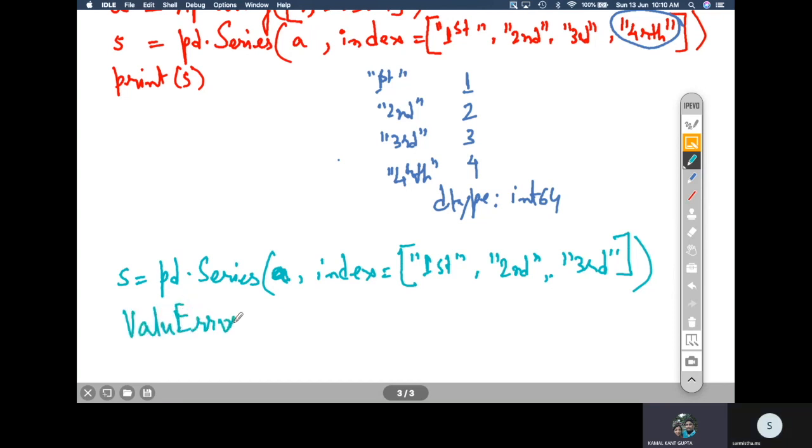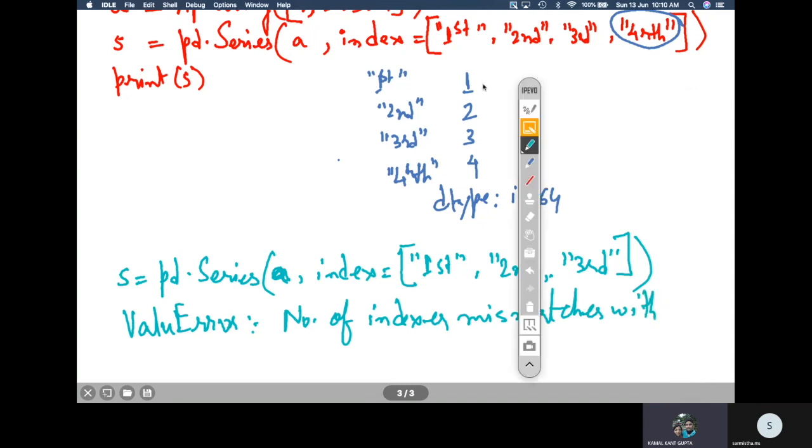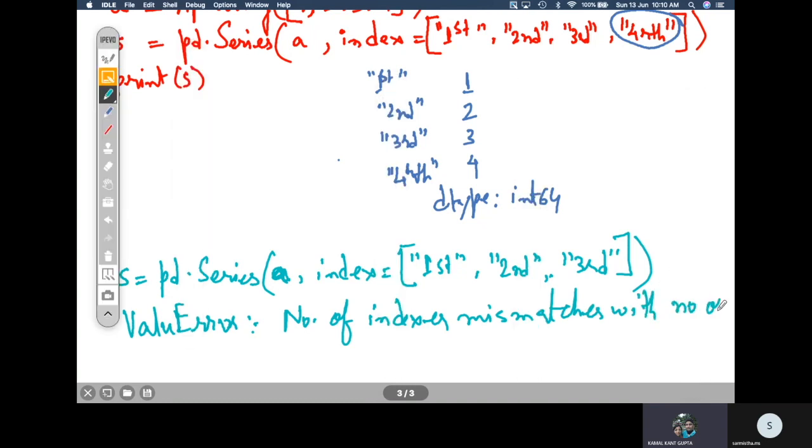Value error as number of indexes mismatches with number of values in the NumPy object A. So A doesn't have the same number of values as the indexes being mentioned. So there is a mismatch, and hence the value error will be generated.